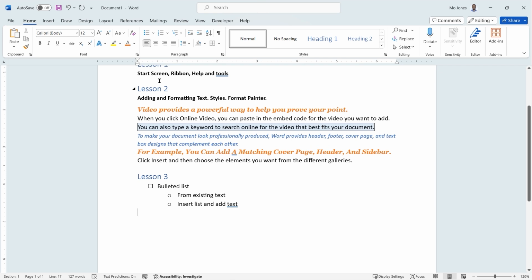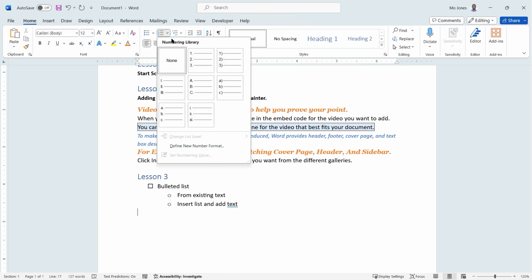Okay, so now what I want to do is insert another bulleted list. Or maybe I'll insert a numbered list this time. If I click on the drop down, I can choose a type of list that I want ahead of time. So here's a numbered list with a period, parentheses, Roman numerals, capital letters, lowercase letters with a parenthesis. Well, I just want a simple one here. So I'll click on the number